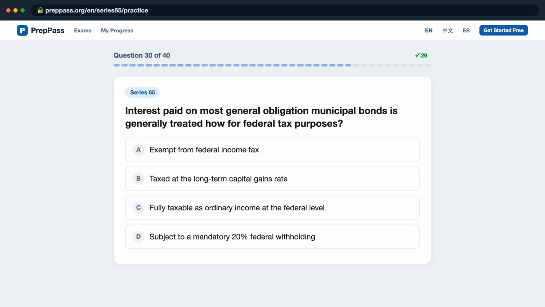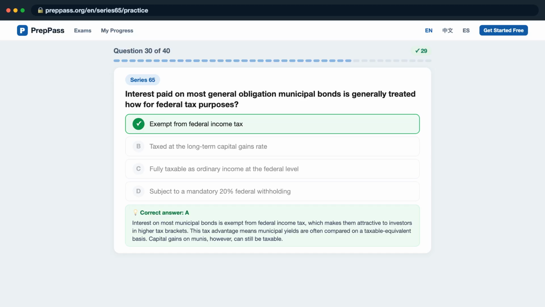Question 30. Interest paid on most general obligation municipal bonds is generally treated how for federal tax purposes? Is it A, exempt from federal income tax? B, taxed at the long-term capital gains rate? C, fully taxable as ordinary income at the federal level? D, subject to a mandatory 20% federal withholding? The correct answer is that interest on most municipal bonds is exempt from federal income tax,